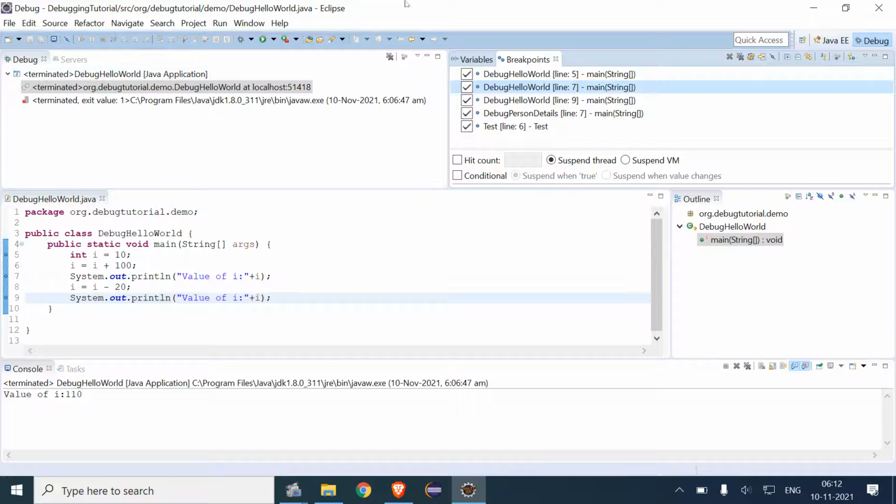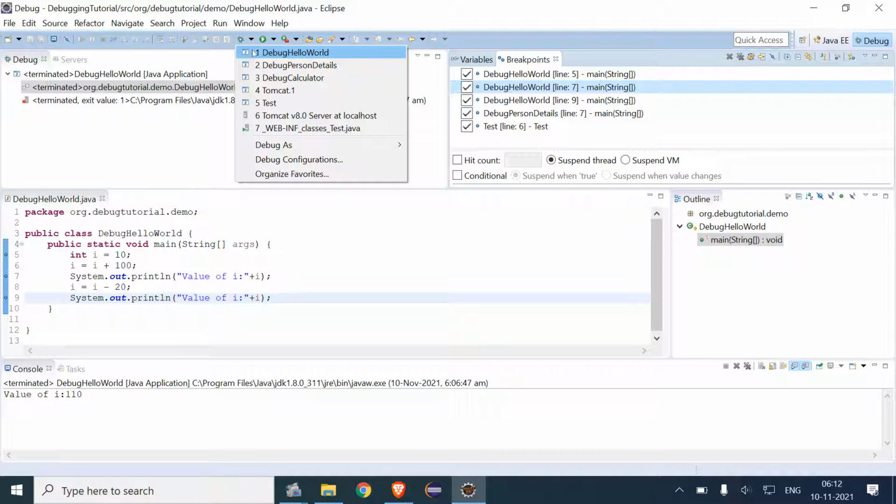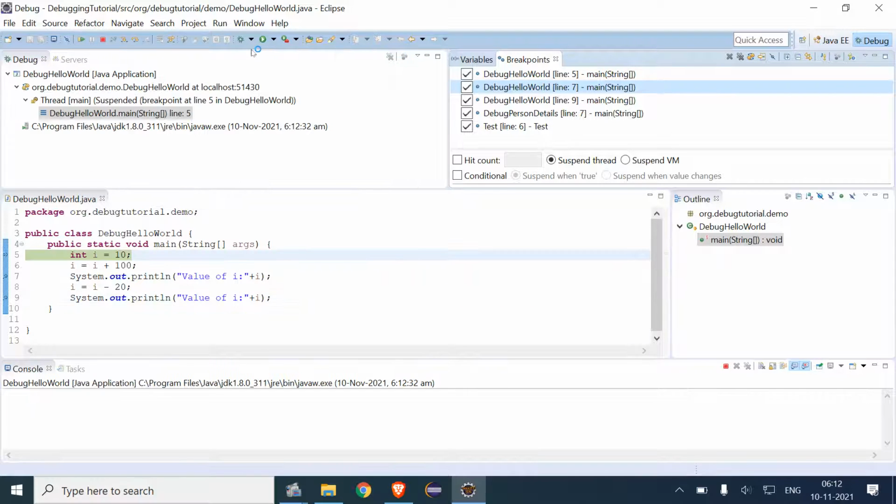And if I run the program once again in debug mode, then if I hit resume, it will go to this and then it will go to line number 9.